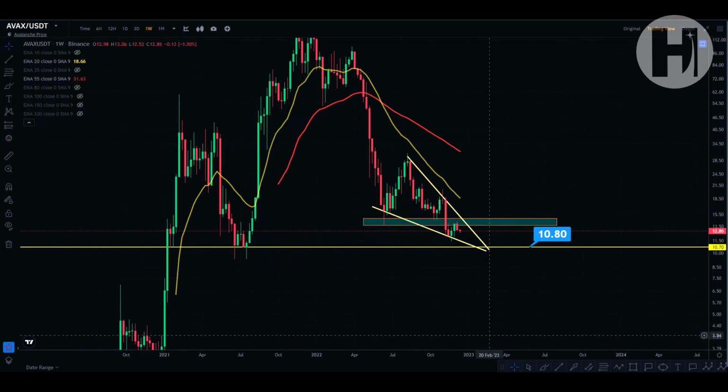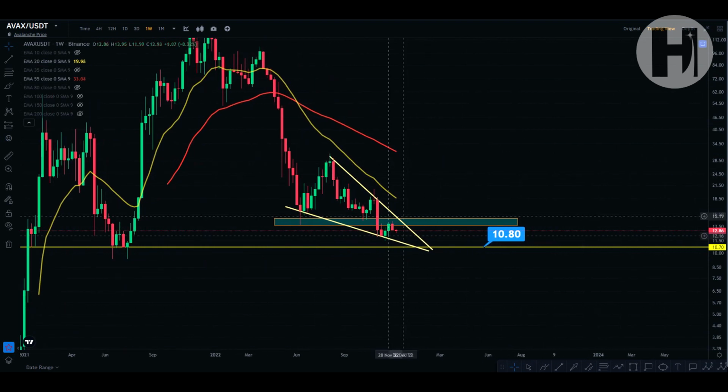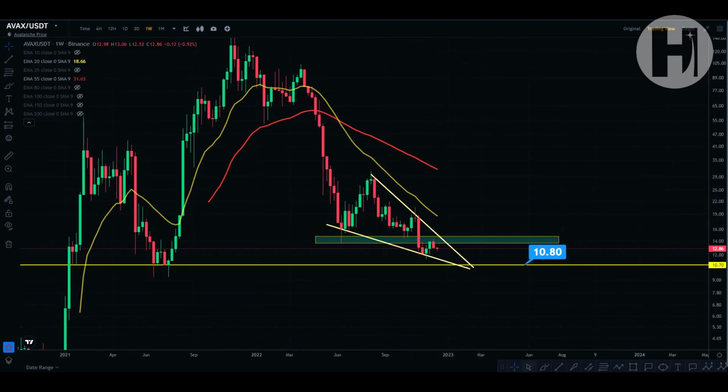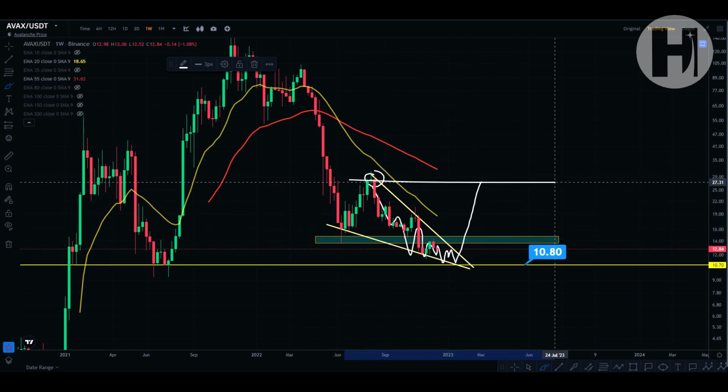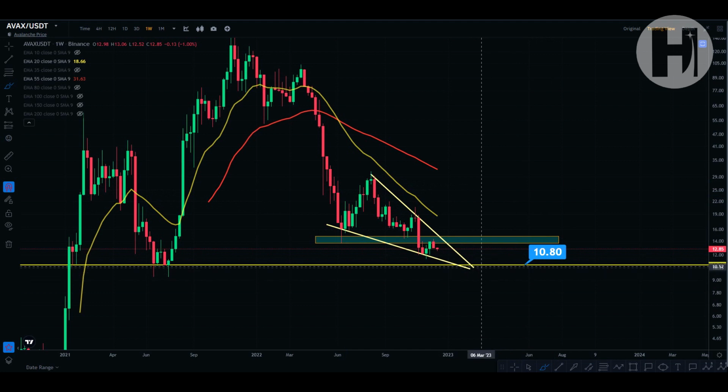So taking a look at the weekly chart on Binance, we are in this falling wedge, as you can see, with a technical target all the way up here at $29, which is where we created that pattern in August. And since then, we've been tightening up in this pattern, and at some point, hopefully, we're going to see a break to the upside. There is a 75% chance that we see a break to the upside from a falling